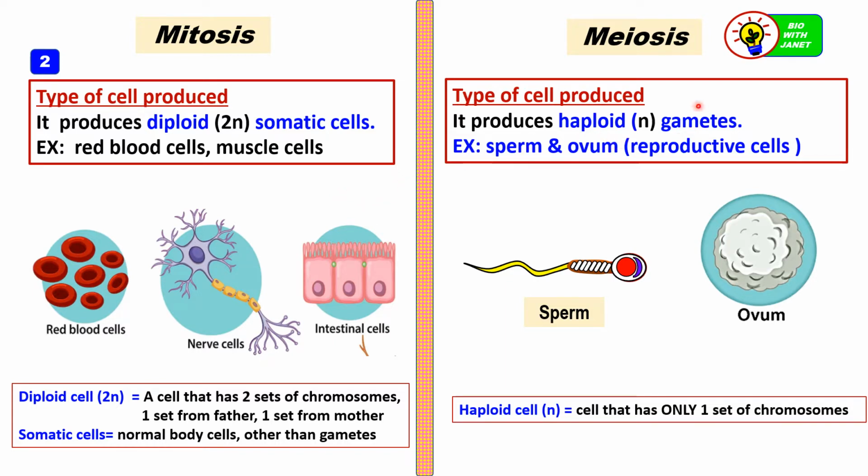And then for meiosis, it's more sort of exclusive. It's only to produce gametes, haploid gametes. So a haploid cell, which we label as N, meaning one set. You see, the one is not written, so it's just an N. It means only one set of chromosomes. There's only 23 chromosomes, okay, if you're referring to the human haploid cell. So it is a cell that's only one set of chromosomes, only 23 chromosomes of all of different types, carrying